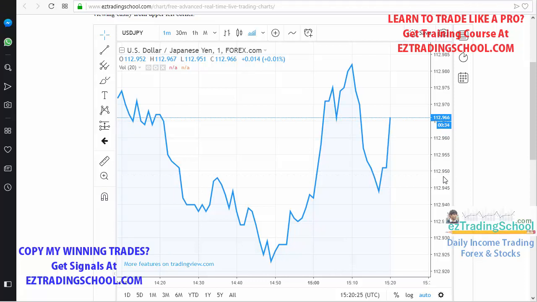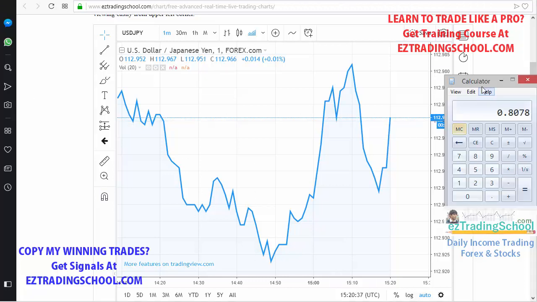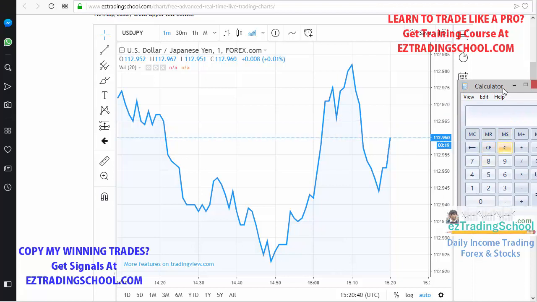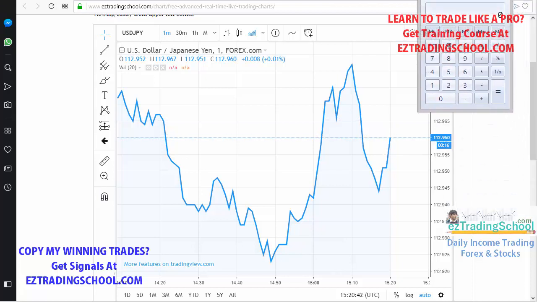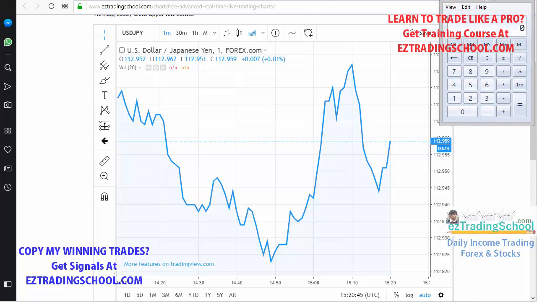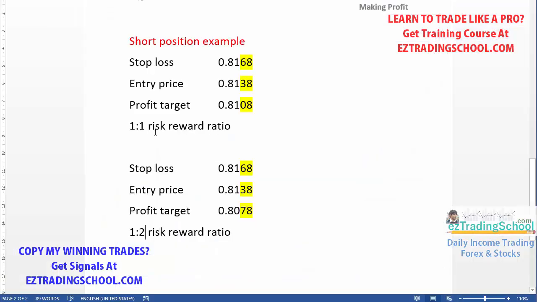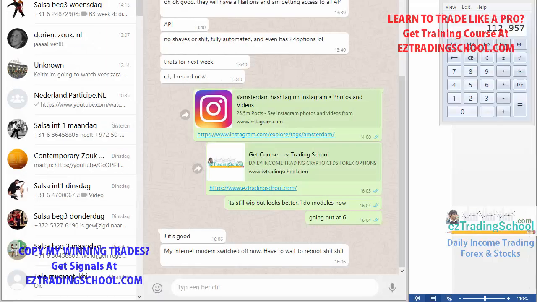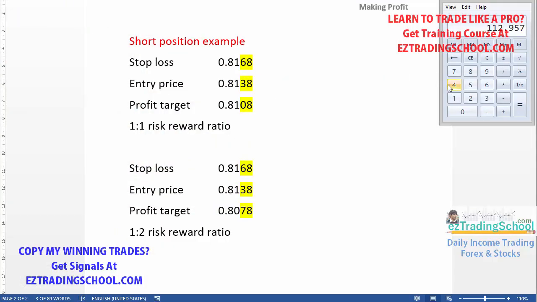So if I'm doing the 30 pips, this would be around 112.92, and your target profit will be 112 point plus whatever this is. So let's say 30 pips, I will do that over here. Okay, so 112.957. Now this is the lockdown price, which is the middle item entry price. So let's just suppose that I took a trade over here, and now